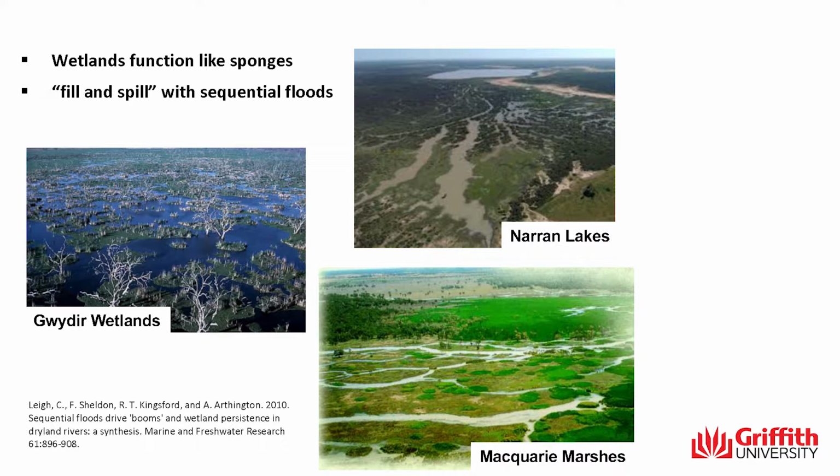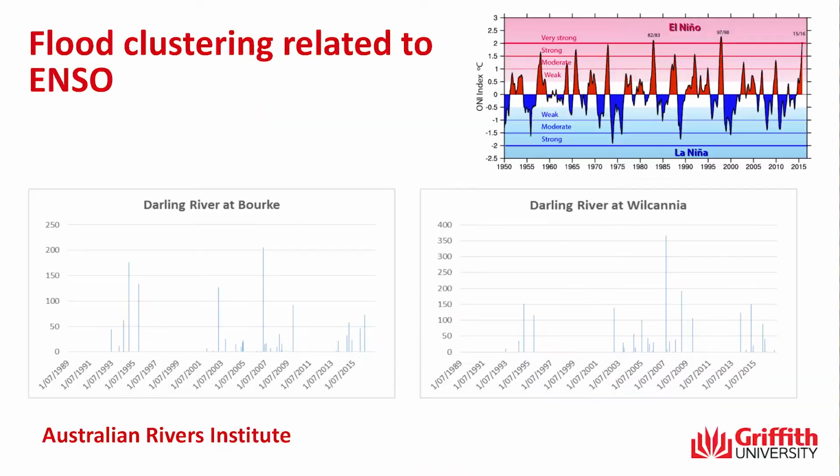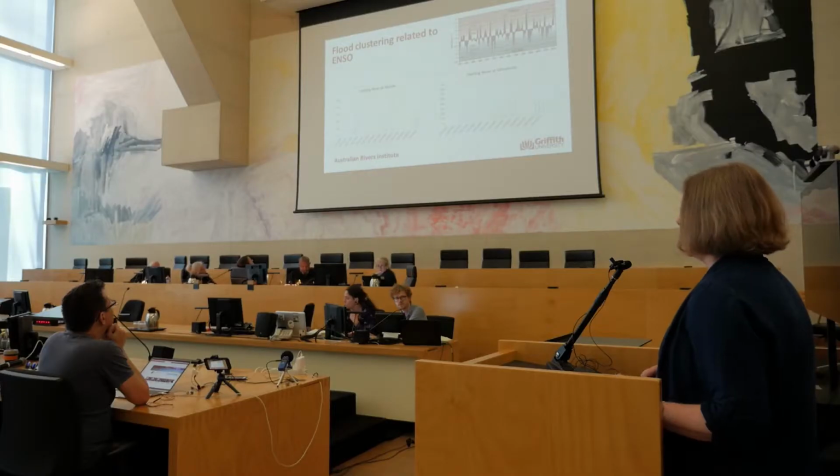So if you look at some of the hydrographs, and this is from a very old Notes of History of the Darling River that I've been dragging around for a while, you'll see if you look at the hydrograph of rivers like the Darling, particularly the Lake Eyre Basin rivers, that the floods tend to occur in sequences. You get a cluster of floods and then a period of dry and then a cluster of floods. And those flood clustering really relates to the La Niña cycles of ENSO. And so you'll even see since 1989 on the Darling, the hydrographs of Wilcannia and Bourke, you do have those series of floods, and they do relate quite strongly to the La Niña phase.